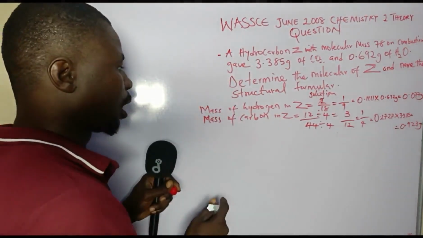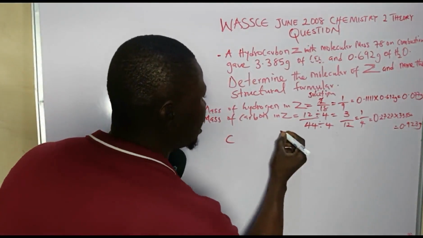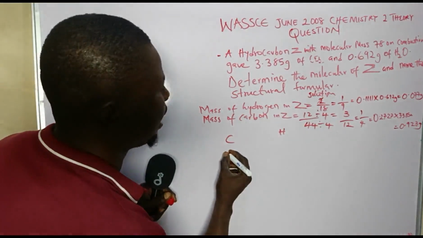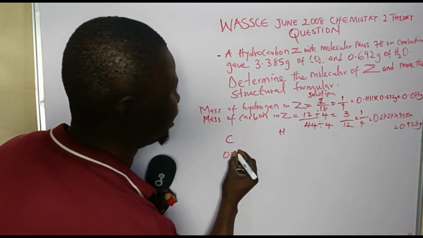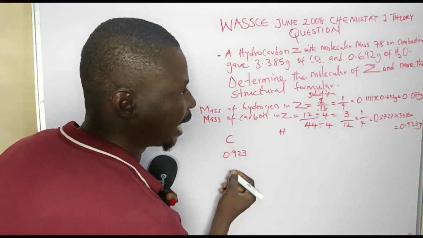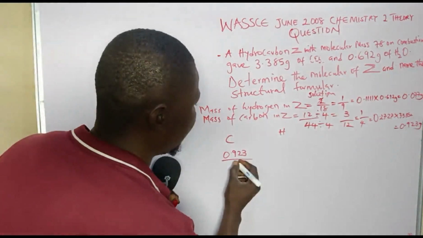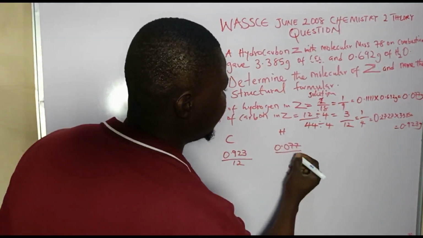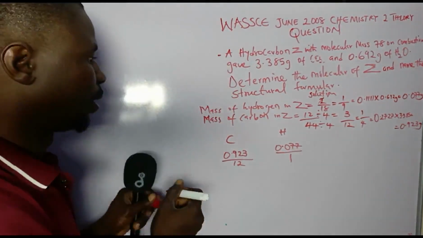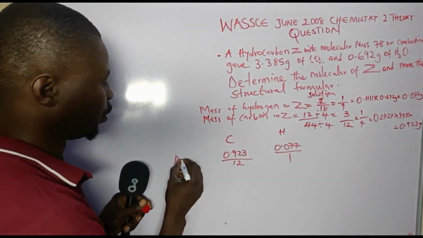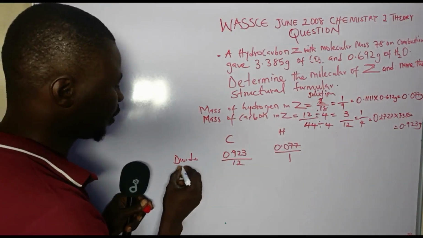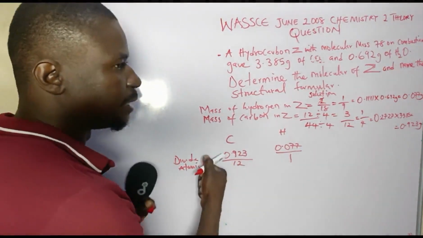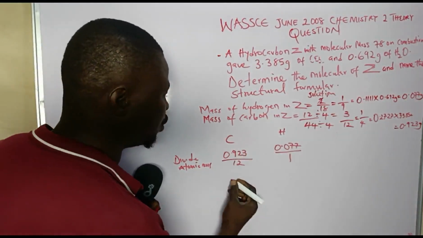Okay, let's go with the empirical formula. This is for carbon and this is for hydrogen. You are going to divide with the atomic mass. So for carbon, 0.923 divided by 12. For hydrogen, 0.077 divided by 1. So what you're going to write is divide by the atomic mass. When you divide this, you are going to arrive at